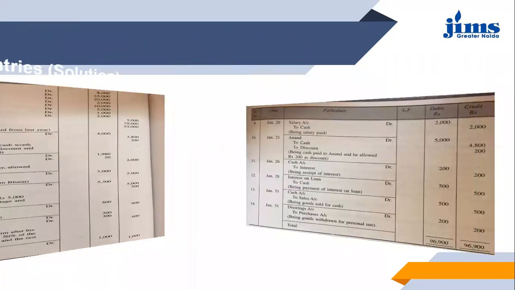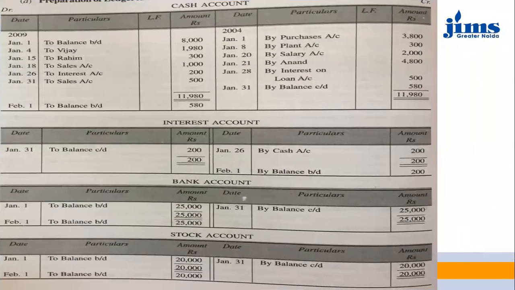So we'll go to the cash account first. Cash account is credited. So you can see here, by purchases account, 3,800 is the amount getting affected. On part of the purchases, we have paid cash 3,800. So since cash account is credited, we have come up to the credit side of the cash account. 1st January, we have put up the date. We have mentioned by purchase account because if we are posting in the cash account, we have to take up the other account in the journal entry. The other account was purchases which is getting debited. So we have put it by purchases account 3,800.